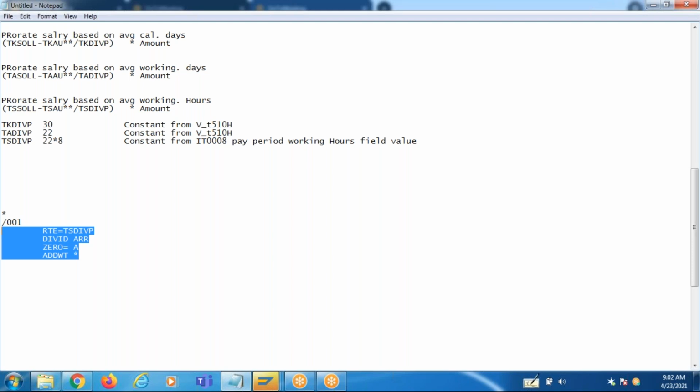You do not have to check whether employees are weekly or bi-weekly or semi-monthly, just like the way we wrote the rule earlier. Now daily rate calculation, guys. What is the formula? Amount divided by calendar days, right? So what should I do here? TK, DIVP. It can work for monthly, weekly, bi-weekly, semi-monthly. It can work irrespective of the work schedule of the employee.